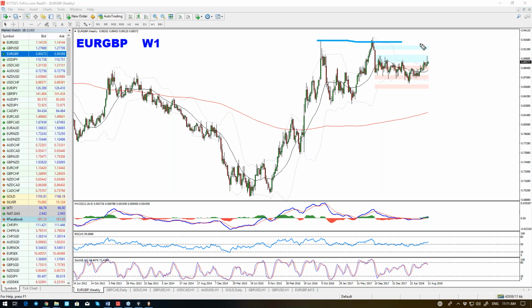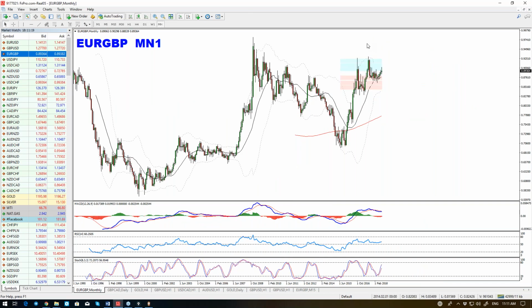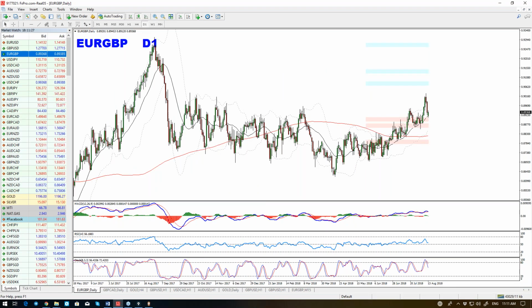Now, for a range, we already had one false break. We might get it inside a triangle or anything like that, right? But there is bigger chance, at least as for now, to get something like that. Now it also fits in the monthly view with the monthly divergences, and also on a daily it fits here in triple double. Now what happens on the daily chart is we have the 161.8 level of this cycle almost